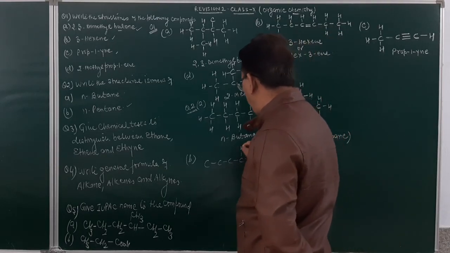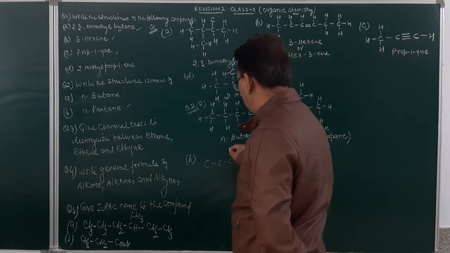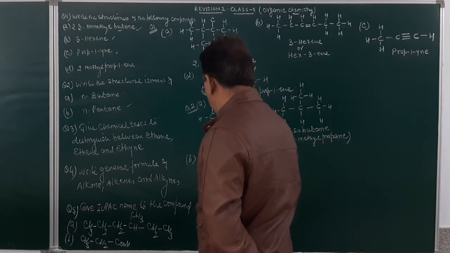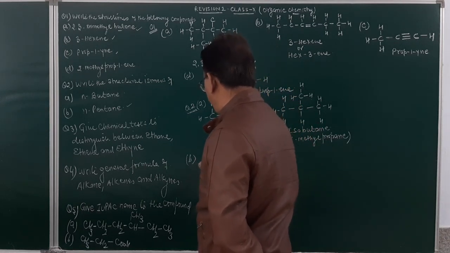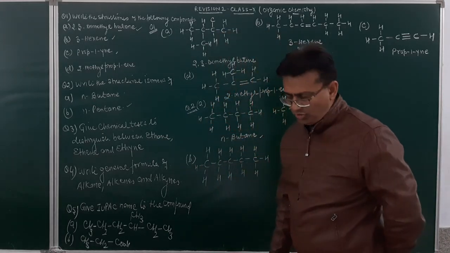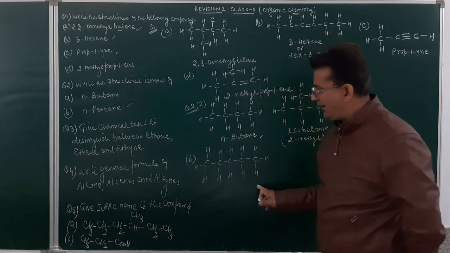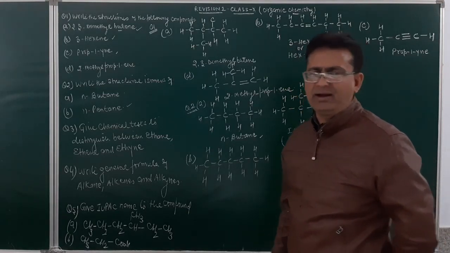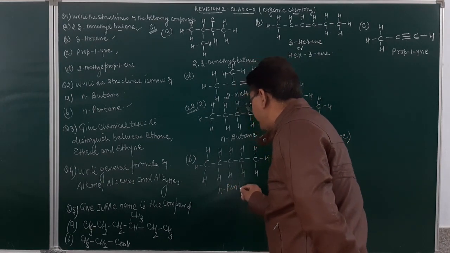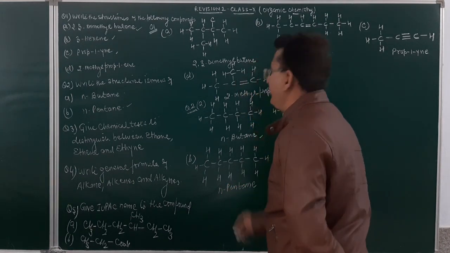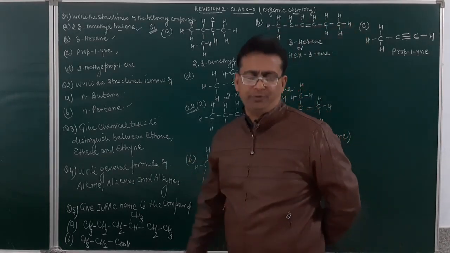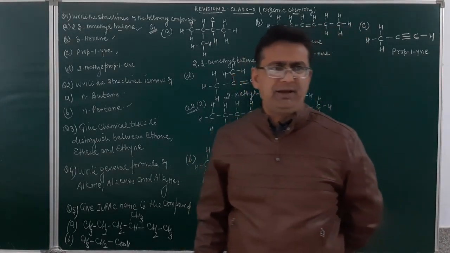Then this again will be H and then H. This will be H and H. Here again it will be H, H and H. This will be H, H and H. So this is normal pentane. You may see over here the 4 valencies of each carbon atom are satisfied. So this is a normal pentane. Now in this, if I have to make the structural isomer of normal pentane, there will